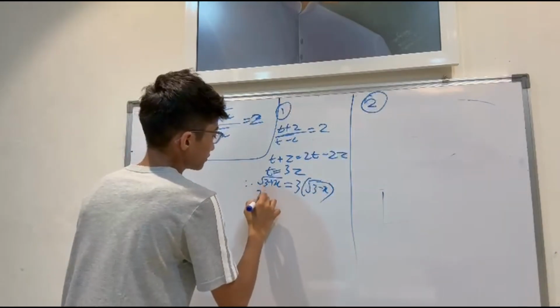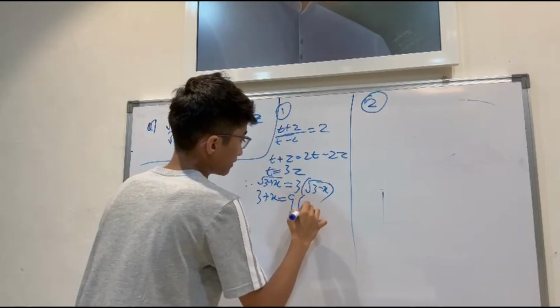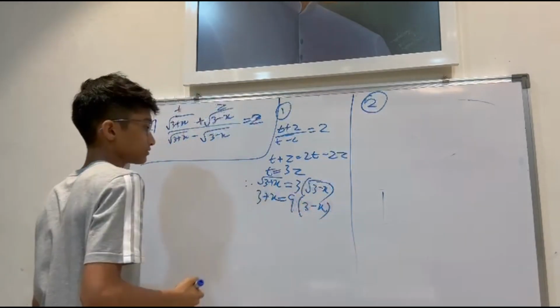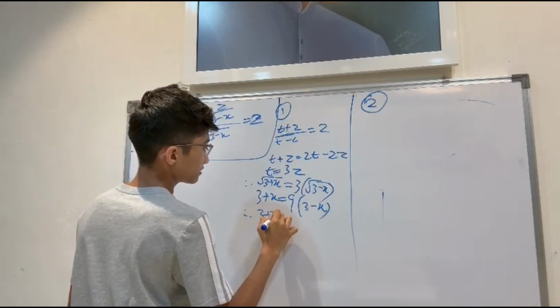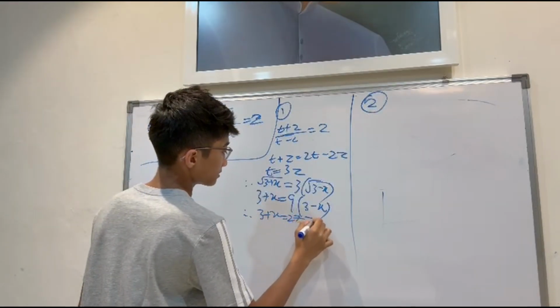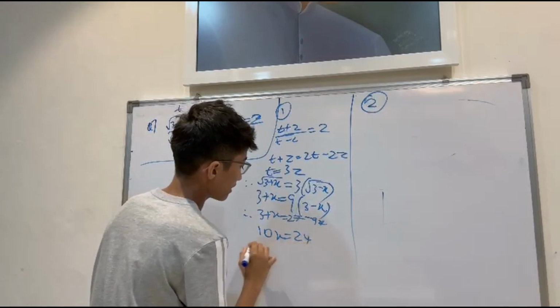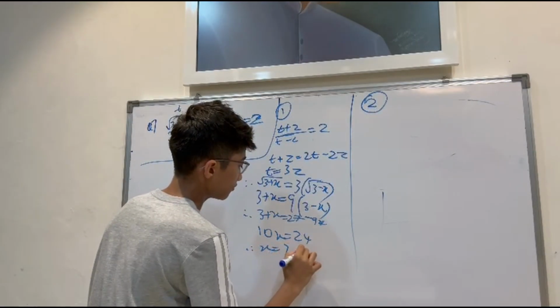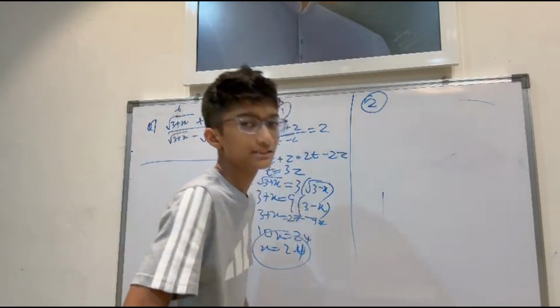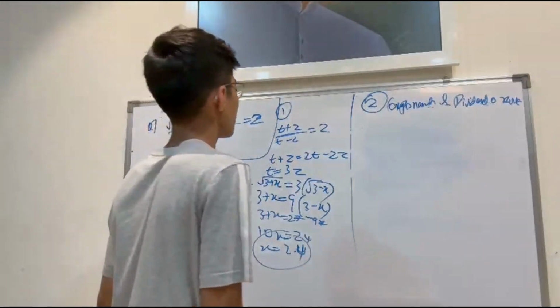Squaring both sides, 3 plus x equals 9 times 3 minus x, nothing special. 3 plus x gives 27 minus 9x. 10x gives us 24. X is 2.4. This is the long algebraic method. So this basically gives us